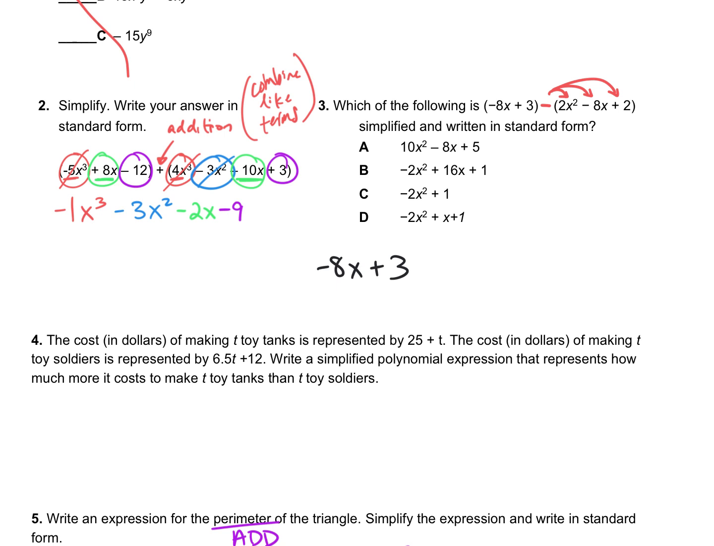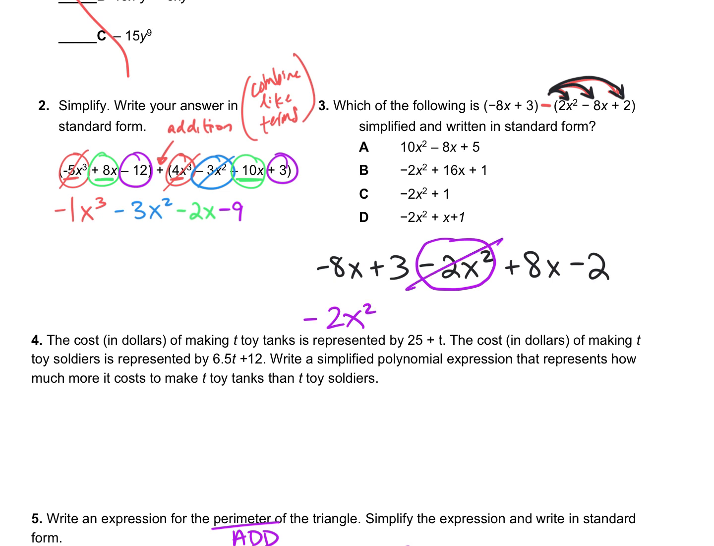So I'm distributing the negative sign. That's going to turn that into a negative 2x squared. It's going to turn this into a negative, so a positive 8x. And a negative times the 2 is going to make a negative 2. So now once we do that, it becomes just like the last two problems. We combine like terms. Find the highest degree. Hey, highest degree. And there's no other like terms with it, so